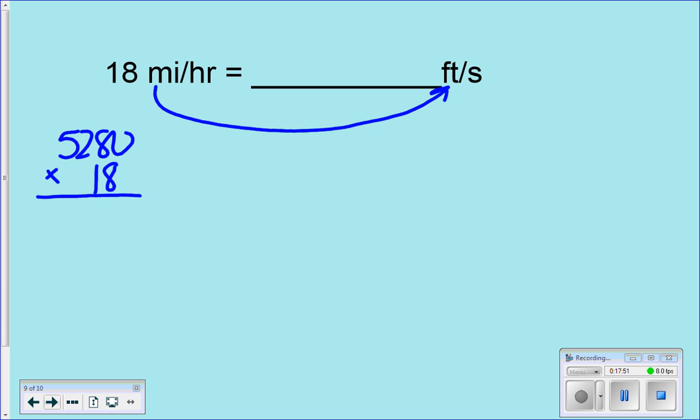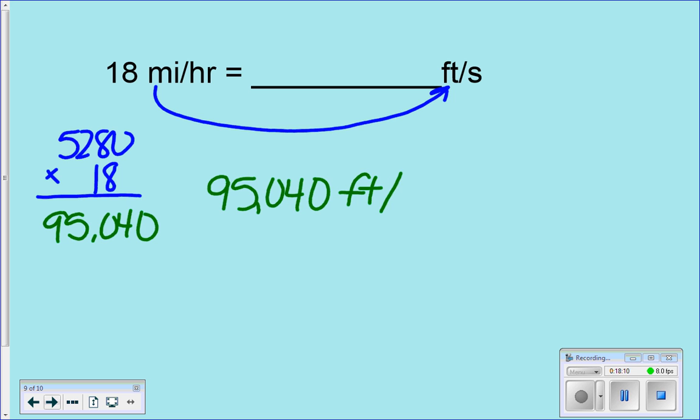You don't have to do it that way. Let's make sure: 5,280 times 18. Okay, so you get 95,040